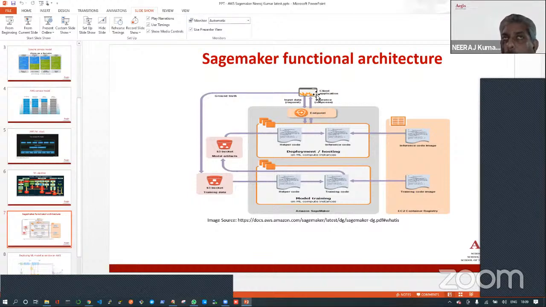It can be a simple browser, or it can be any application, web or mobile app. So this endpoint gives you an API or endpoint, which you can integrate with your client applications. That application can be anything, whatever you can think of. It can be a web app, a mobile app, or a desktop app, or it can be as simple as a Postman client, or any browser-enabled client application.